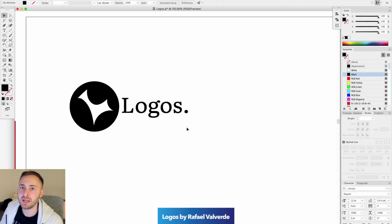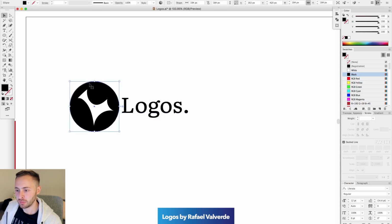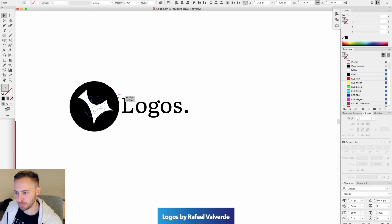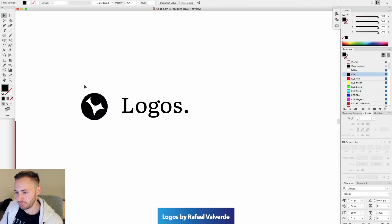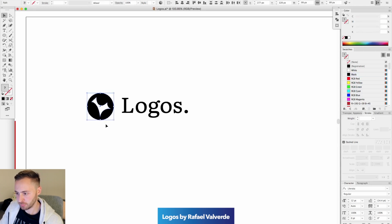Okay, so my main points that I would immediately jump on with this logo is the balance of the size between the icon and the text. I feel like the icon is way too big compared to the text. So first thing I'm going to do is just take this and scale it down to the height of the text, and then in here I'm just going to go times 1.5. I feel like that might be a more comfortable